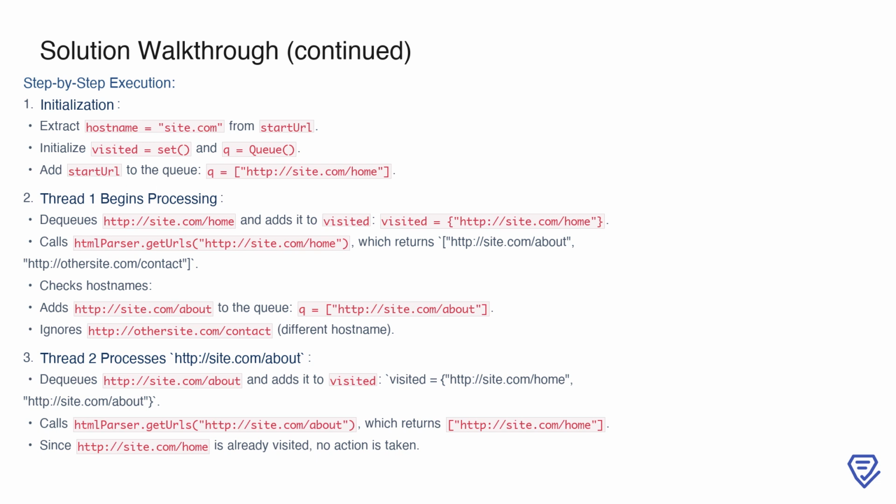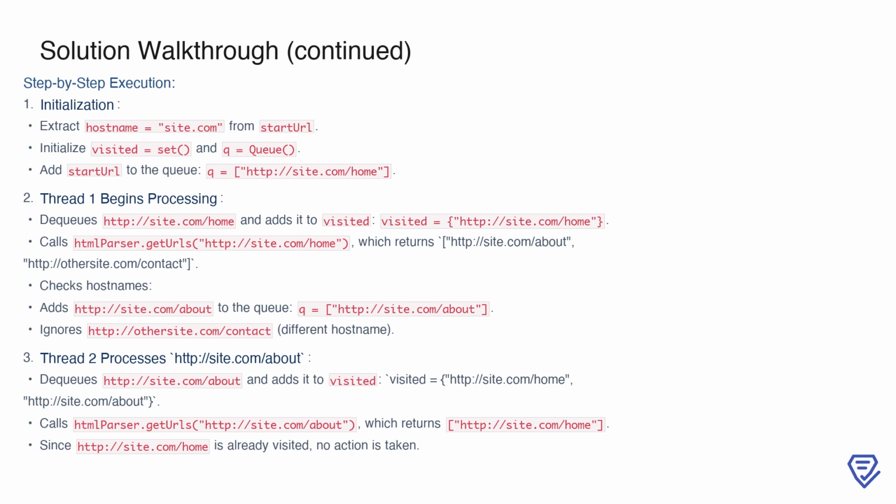to different domains. Here, the starting URL is http://site.com/home and the hostname extracted is site.com. We initialize the visited set and the queue as before, adding the starting URL to the queue. When the first thread processes http://site.com/home, it adds the URL to the visited set and retrieves its outgoing links,